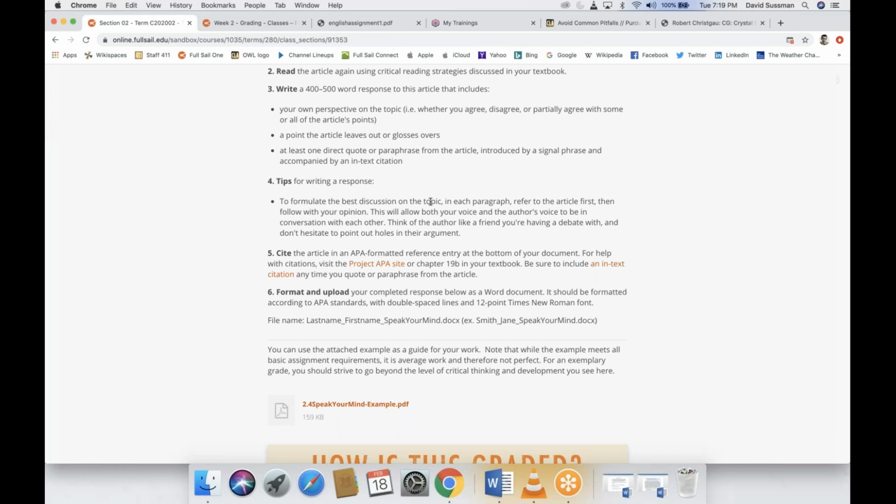to have the best discussion possible in each paragraph. Refer to the article first, then follow with your opinion. Okay, this will allow your voice and the author's to be in conversation. Right, and that's a good strategy in general because the general reader, here's the thing, you have to pretend that